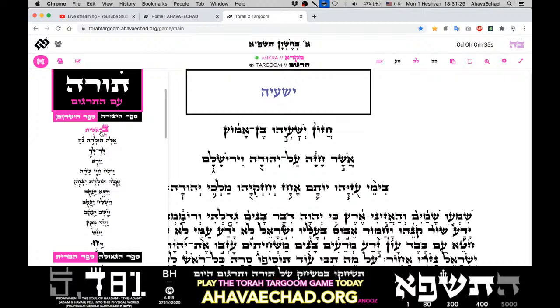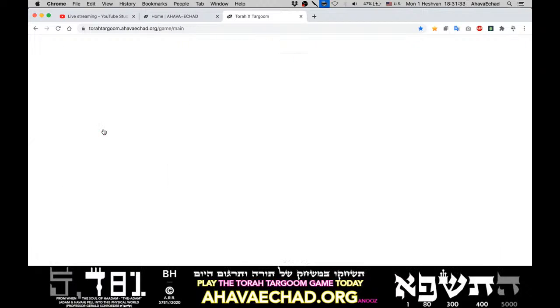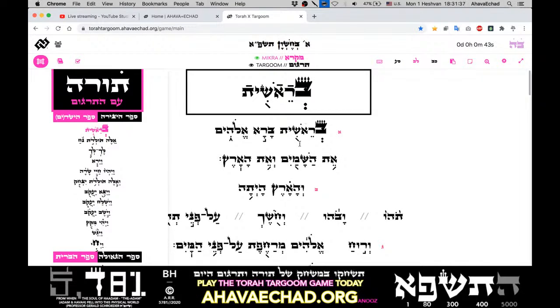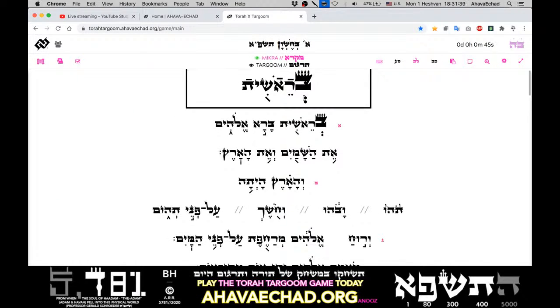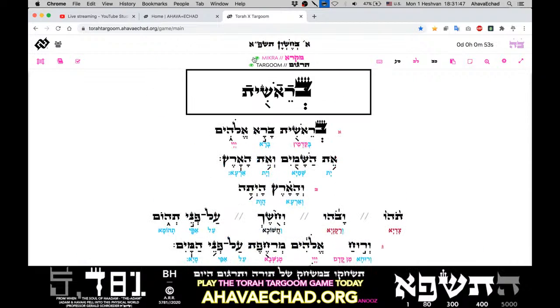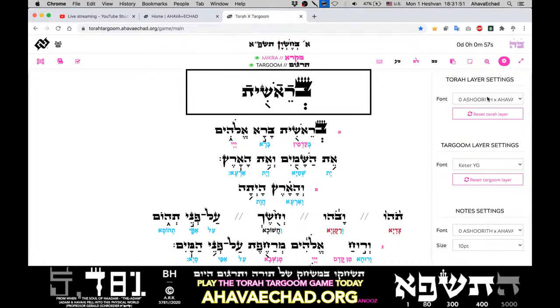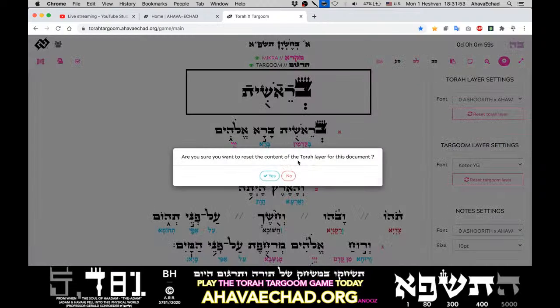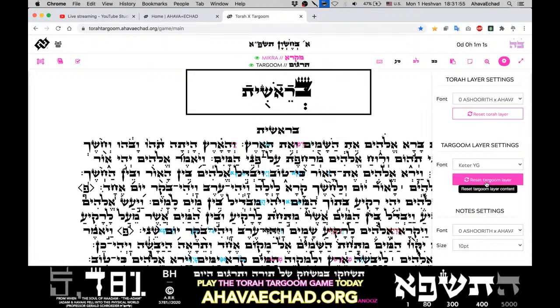Assuming that you would sign up for the first time, always go over to the Torah books and just select Beresheath. Once it loads, then you can begin to play. This is the goal of how it's going to look, but we will demonstrate Bezrat Hashem how to play from the very beginning. So I'm just going to reset everything to how you would see it exactly when you get